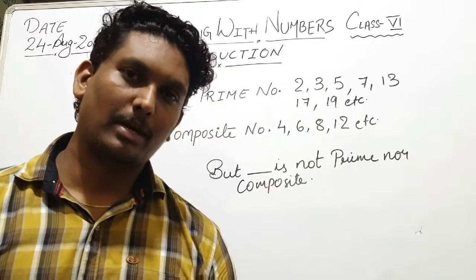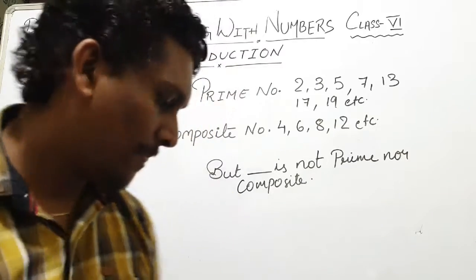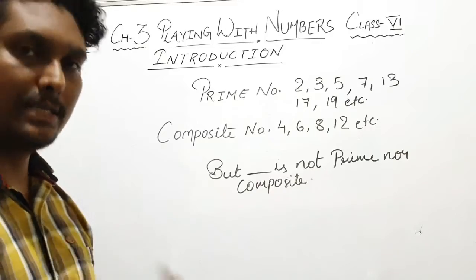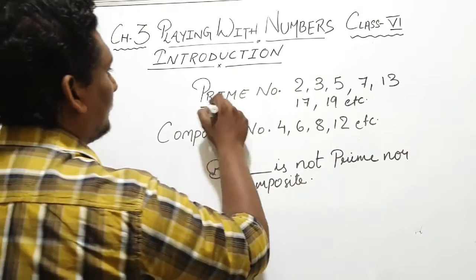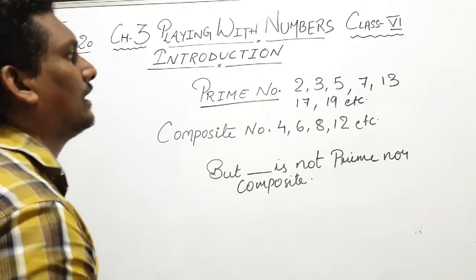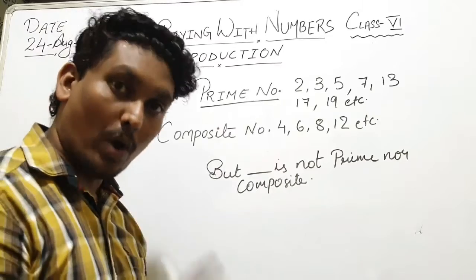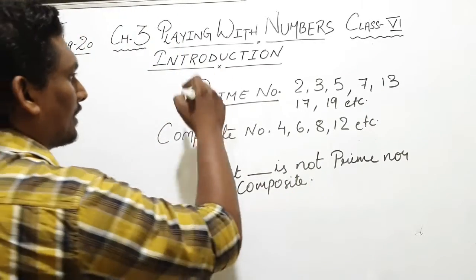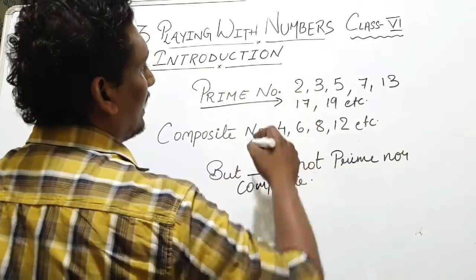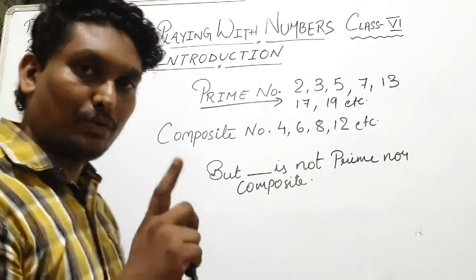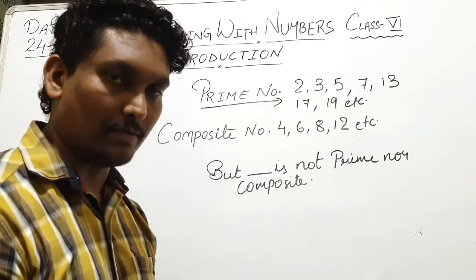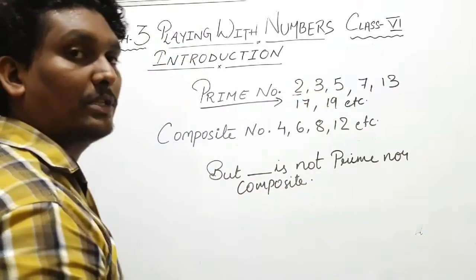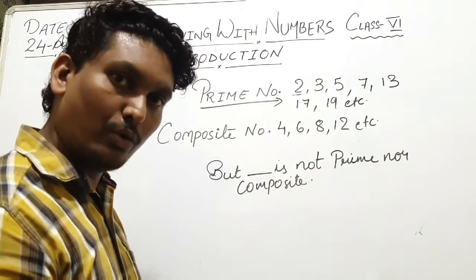Okay, now come to the next topic, prime number and composite number, right? So prime and composite we have studied in lower classes, in class 5, but still, what is a prime number? Prime numbers are those numbers which come in the table of 1 and the number itself. Means, for example, 2. 2 comes in the table of 1 and 2 only.